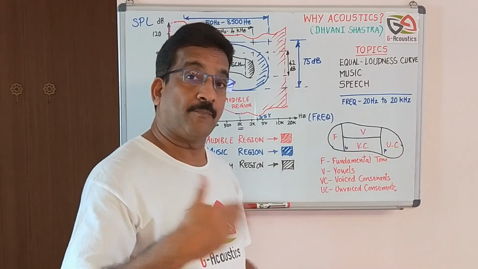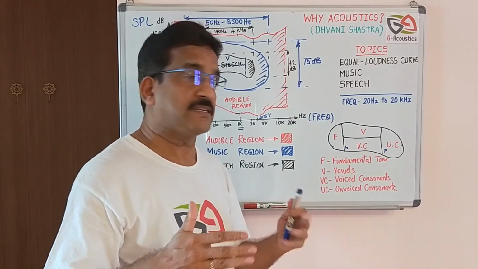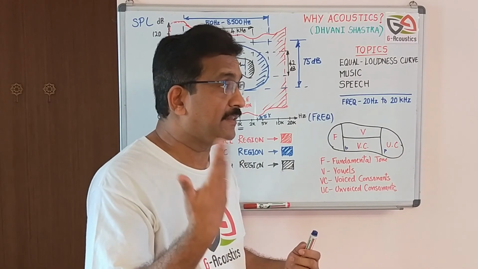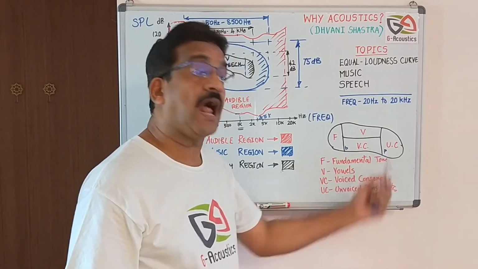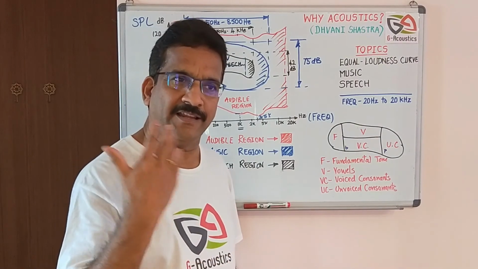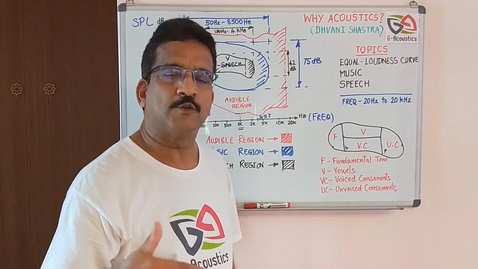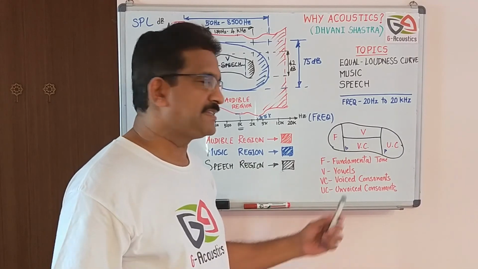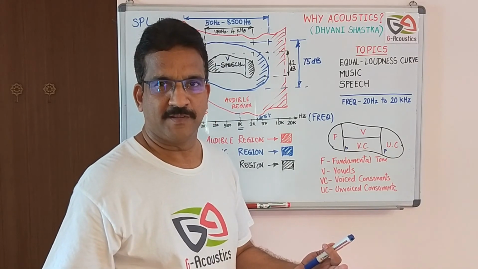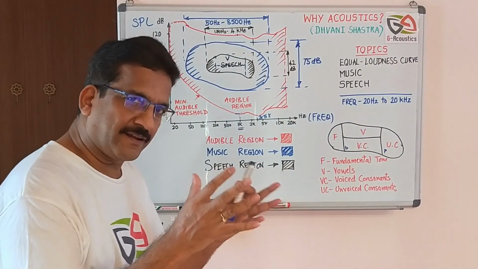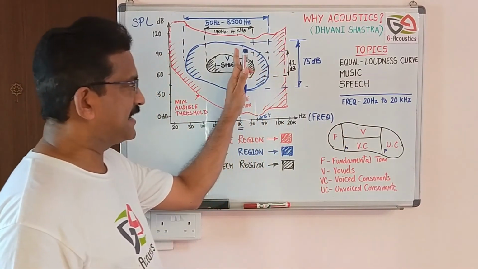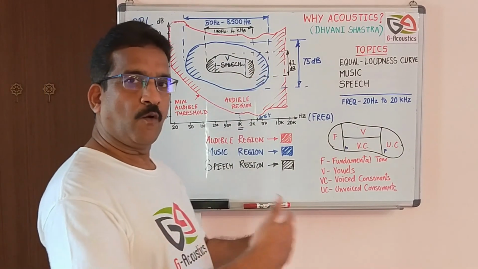Whereas the vowels, the power with which you deliver your talk is the same. He is able to listen to these vowels clearly, as well as voiced consonants. The only thing they are not able to hear is the unvoiced consonants. So that's the reason they tell you, hey, don't scream, I can hear clearly, just repeat once again. When they say repeat once again, it means that they didn't hear well the unvoiced consonant part of your talk. So I hope you have a clear idea of what this speech region is and how our hearing gets affected at high frequency when we age.